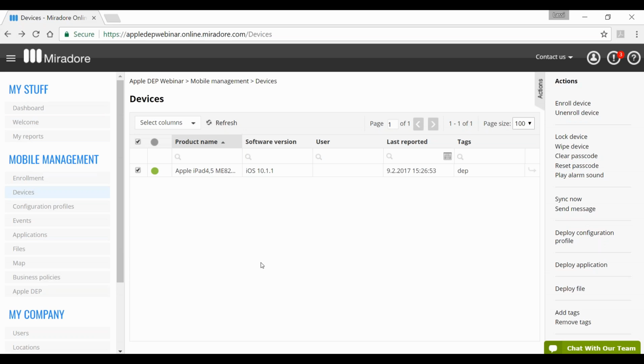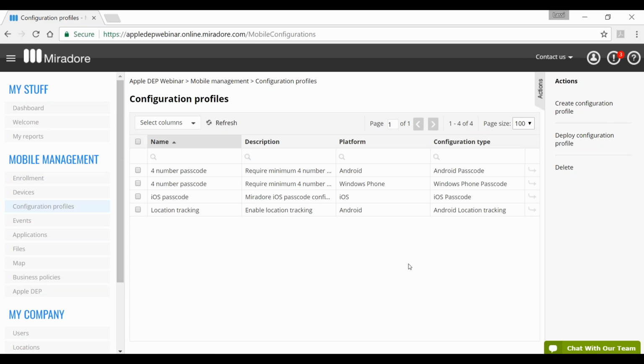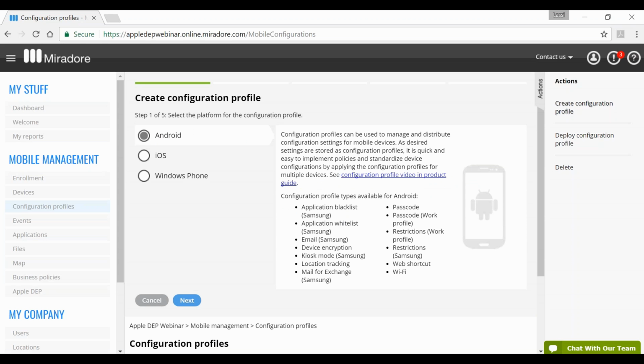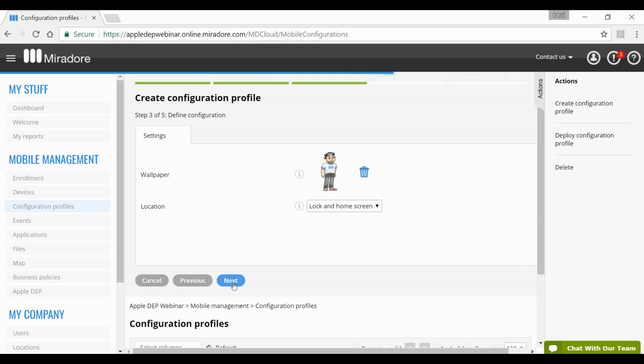Okay, for the demonstration, I guess we could, for example, send a configuration profile there just to see that everything works. So let's create a new configuration profile. Let's select iOS. Next. I have something prepared here.